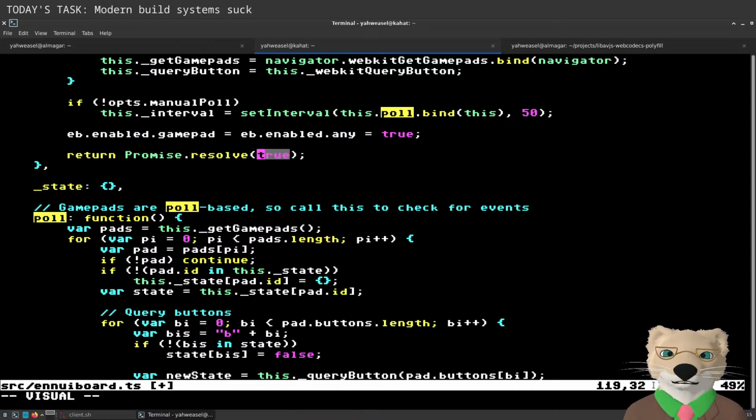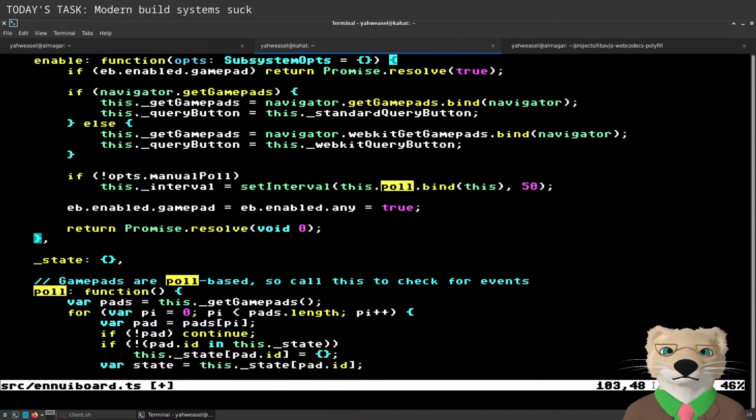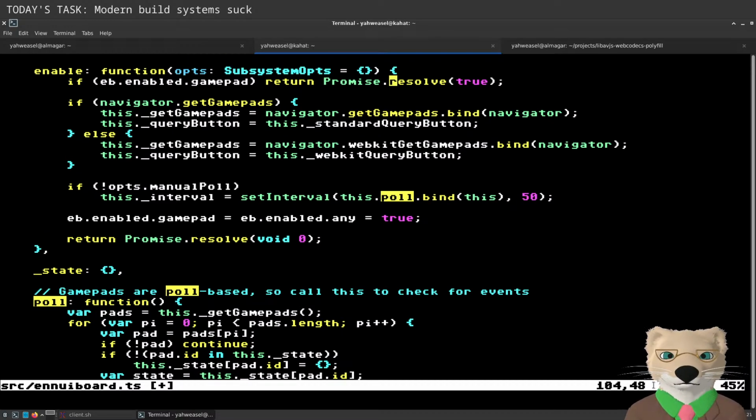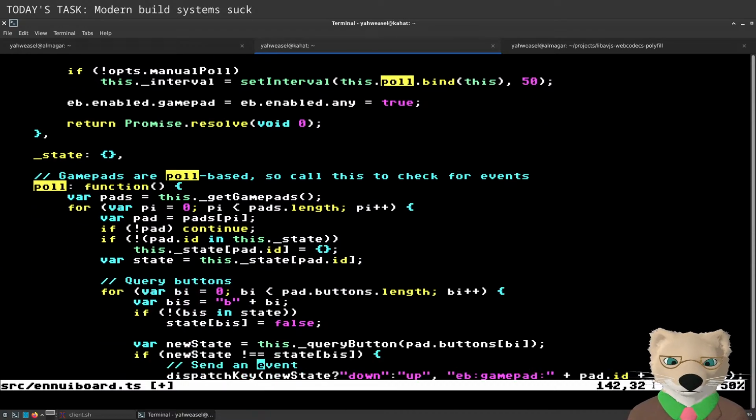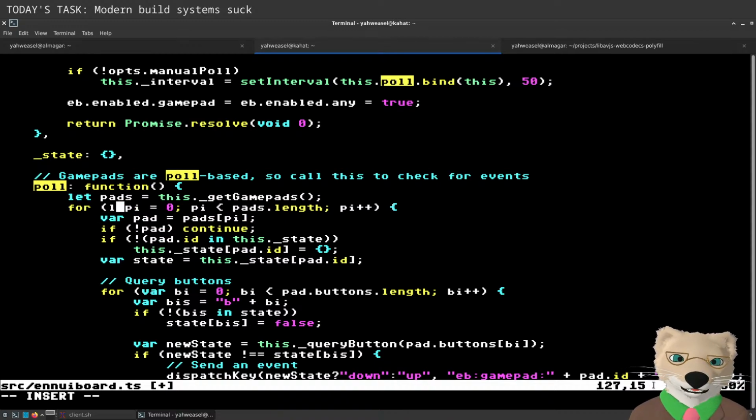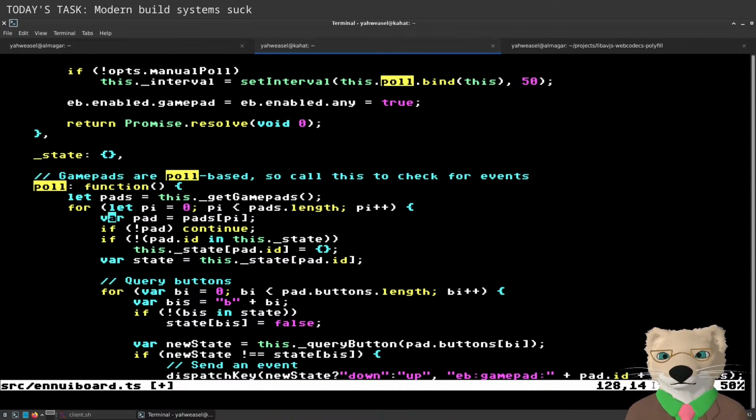Oh, interesting. I did promise.resolve true instead of promise of nothing. This should be a void, so like, yeah, nothing. I have a real fear that the gamepad stuff is not going to be in the documentation, and that would be unfortunate.